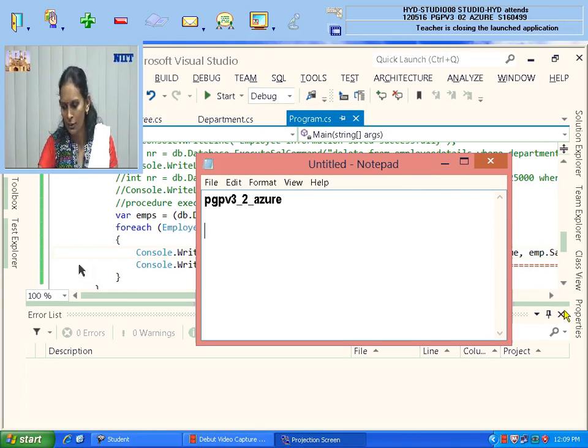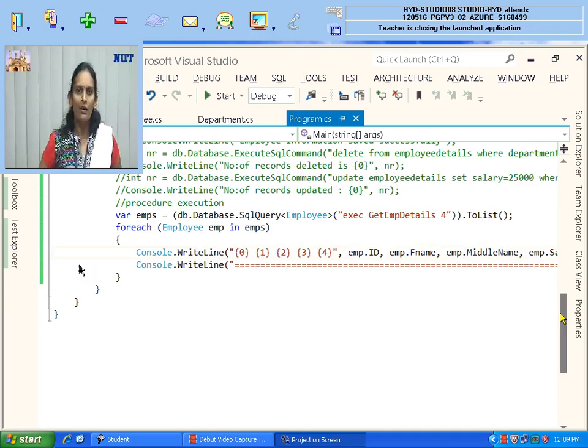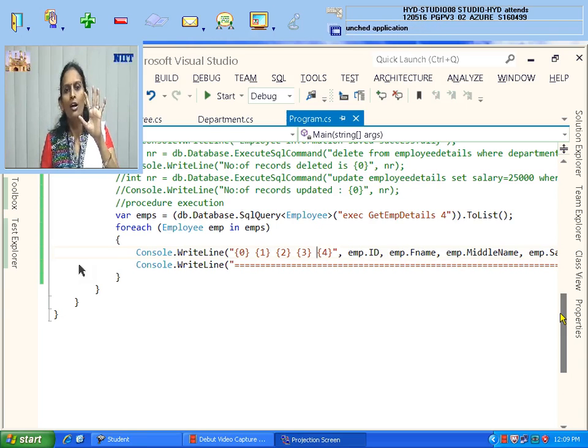In this one only, long back, I told you that I have to create 5 tables: students table, employees table, courses table, discounts table, like that many tables. So I created that many model classes using the code first approach.